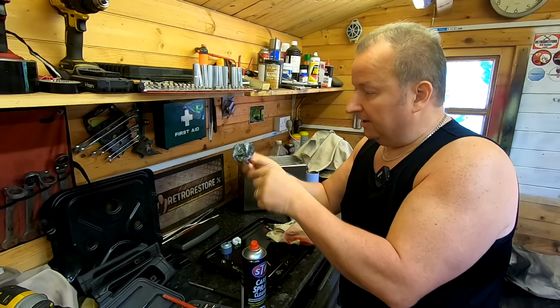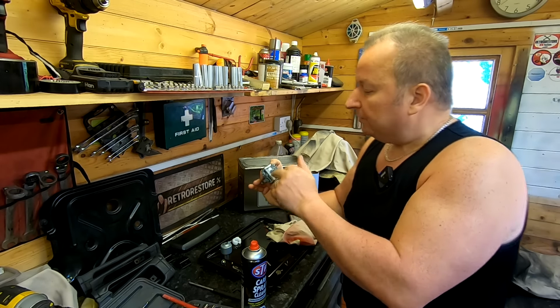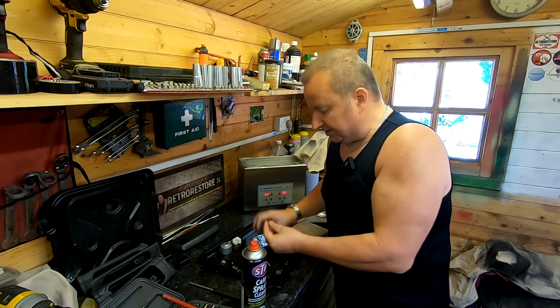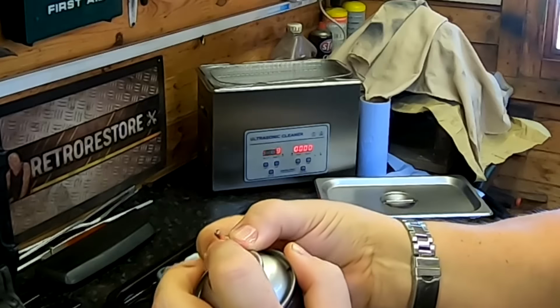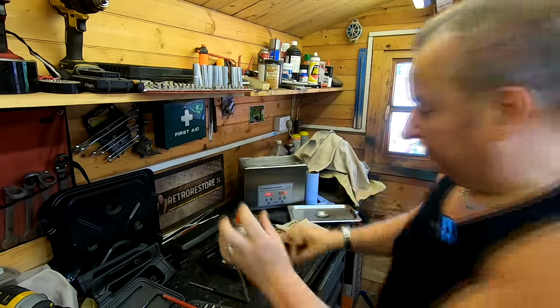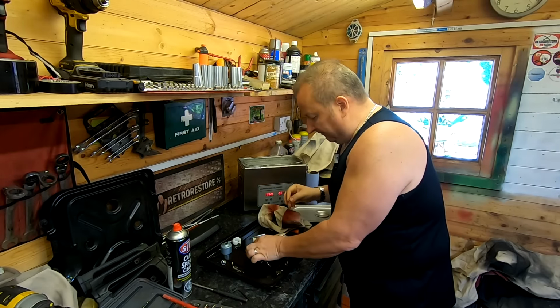I've just proved it. Before we didn't know that for a fact. So I know that they're clean now. So primary fuel is getting in via the primary jet. And this is the primary jet here. And I'm looking for it to come out of two other holes, one at the top and one through the other side. And it's doing that. So that's fine. So we know the primary circuit's working okay. So I can safely put that back in,